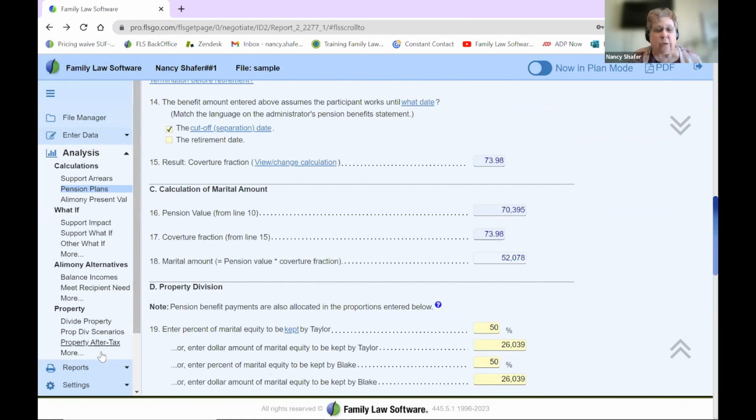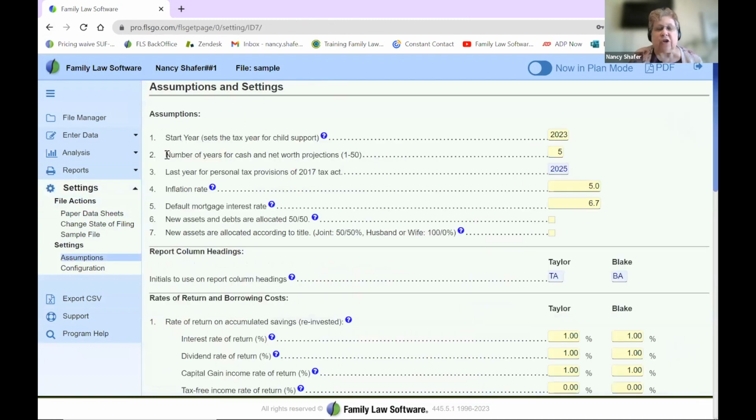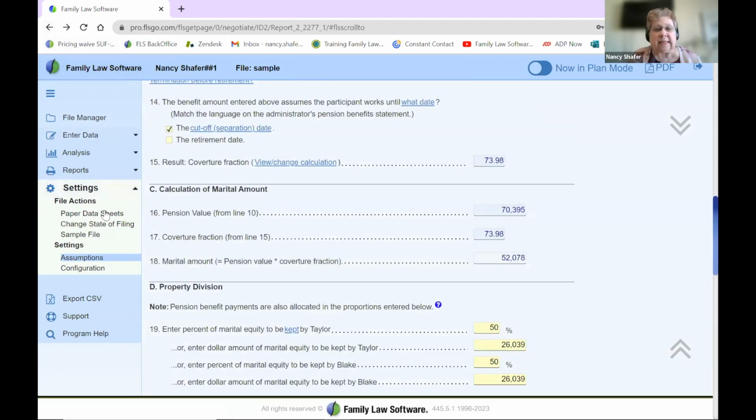So what I can do is I can go into settings, assumptions, and I can change the number of years for cash flow and net worth projections. And I can pick any number from 1 to 50. So let's go whole hog, we'll go out 50 years. You can also get to that same